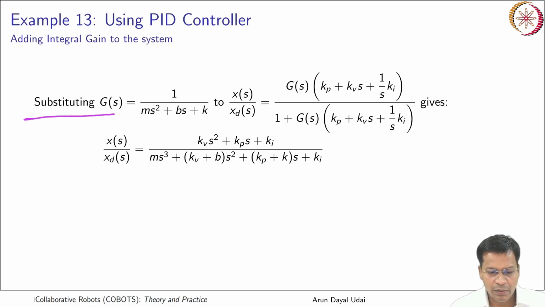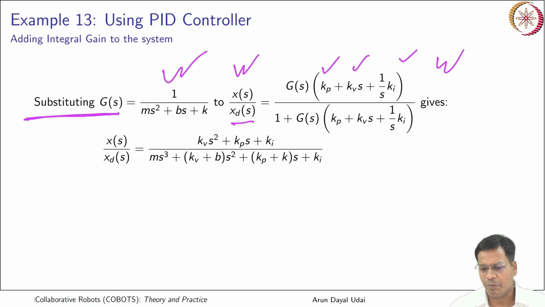So substituting Gs is this to this. This is the transfer function that we obtained for the PID system, just now. So Xs by Xd, that is the system transfer function with PID controller with kp, kv and ki in place. This is my system transfer function that is here. So if I put them all together, I will get to this. So this time it is not a second order system, you see. So kp and kv you have already put there. Okay, and you saw the best